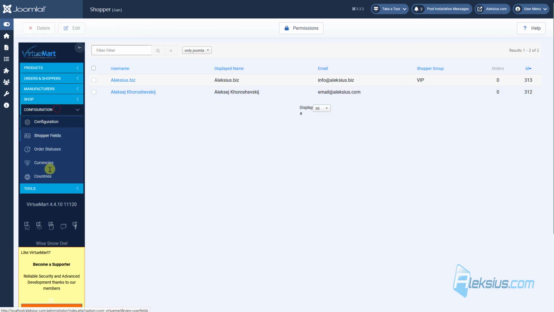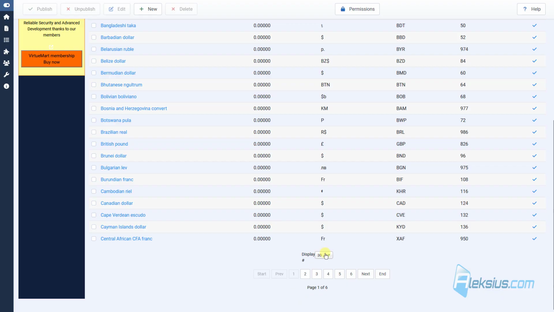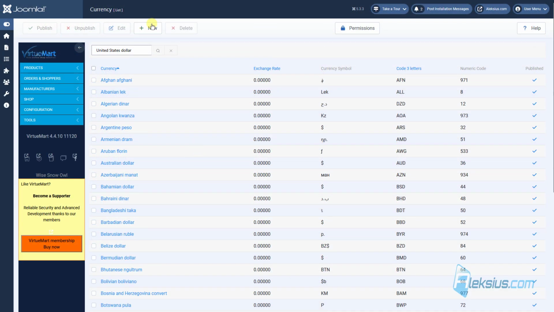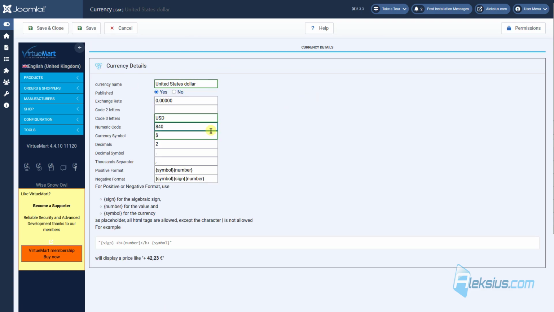And now let's go here. Let's find, for example, our currency. As you can see, there are a lot of currencies. You can change them, you can create new ones. Let's go to United States dollars. Here we can see decimals. It will be 0,